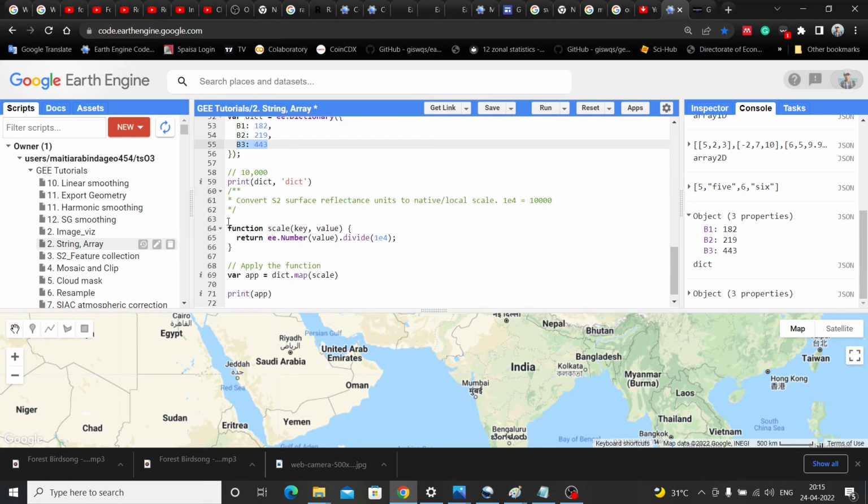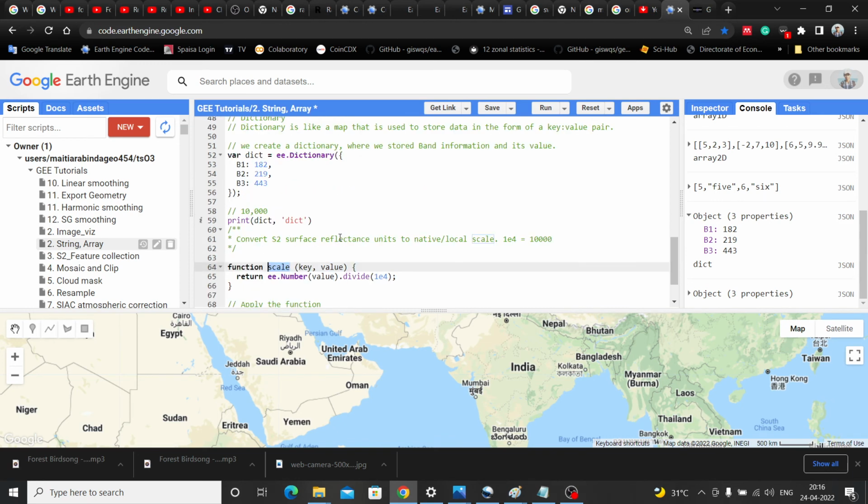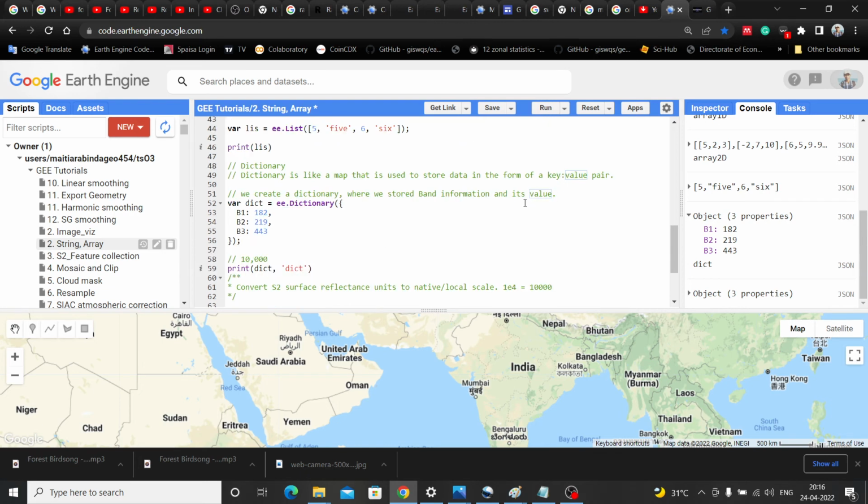Okay, now I create the loop in GEE. You need to first create a function, then you define your function name. In this case the function name is scale. Again I use brackets and then I put two names, key and value.